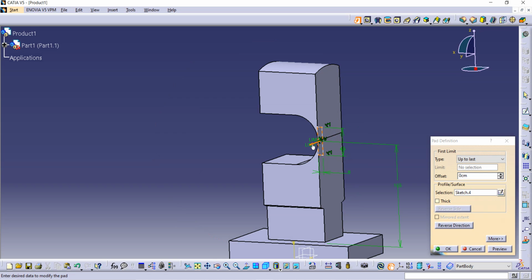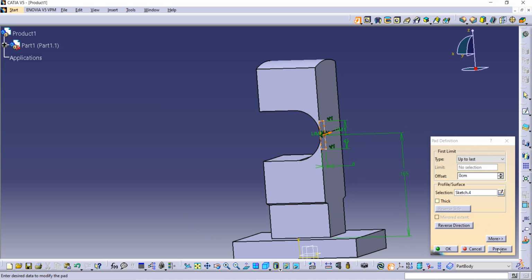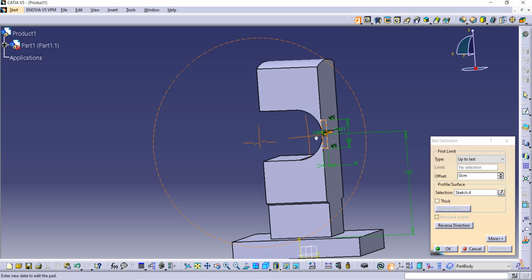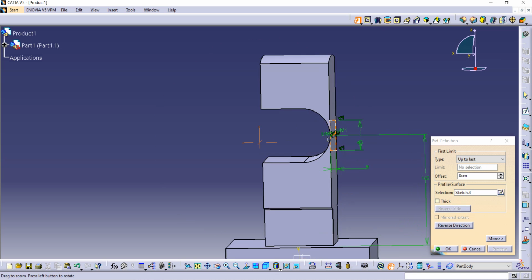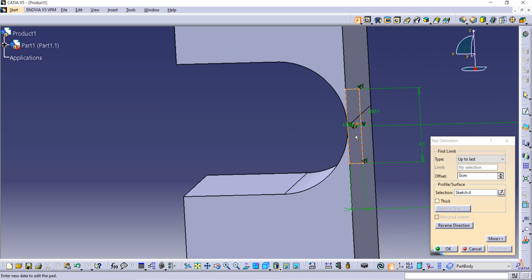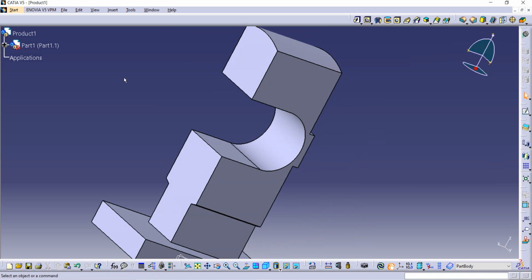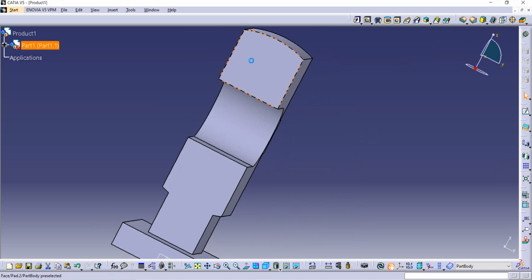First we have to change the direction of this, and now take one preview. Just wait guys, I don't know what is happening here. Let it be. We will take dimensions and dimension is given to us as 80. Then take preview and OK. This is how we have completed our half sketch. Now one thing is remaining, we have to give hole here. So select the surface and then go on sketch option from here.